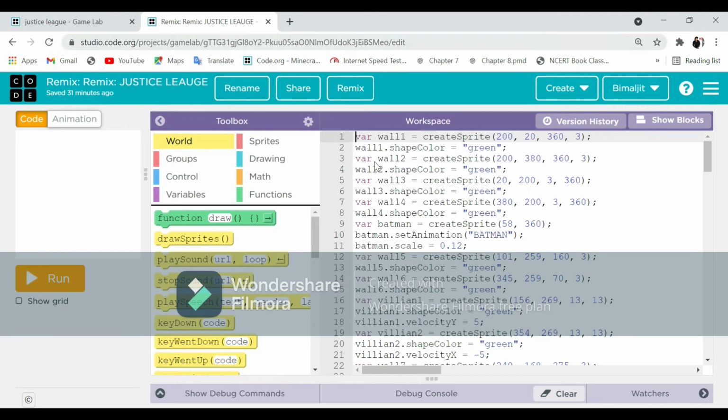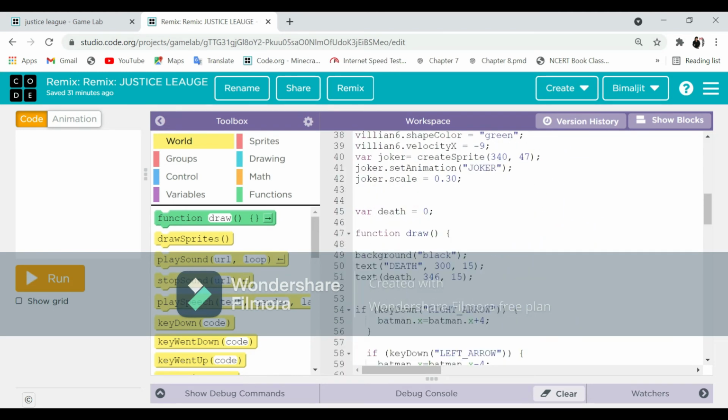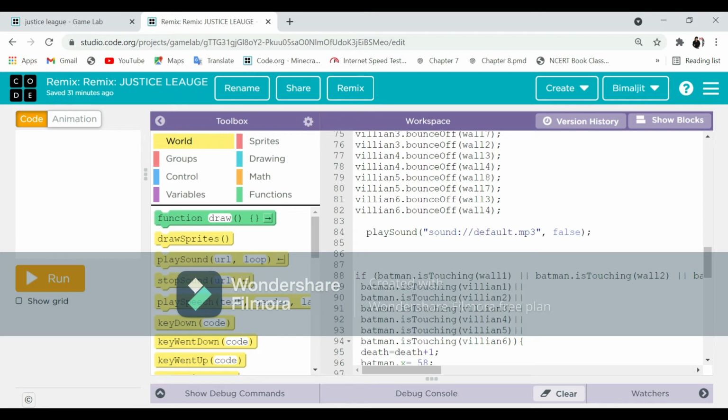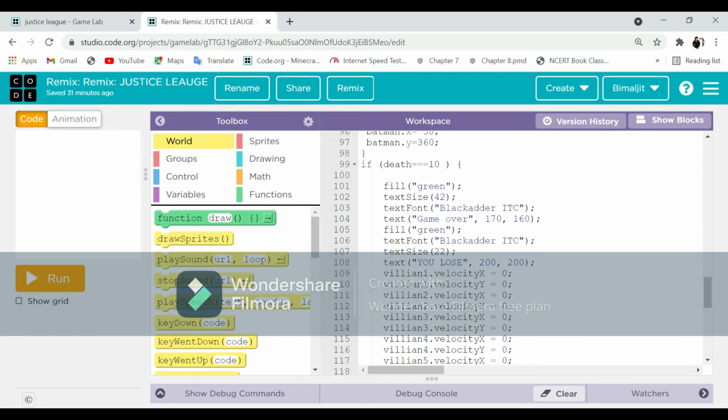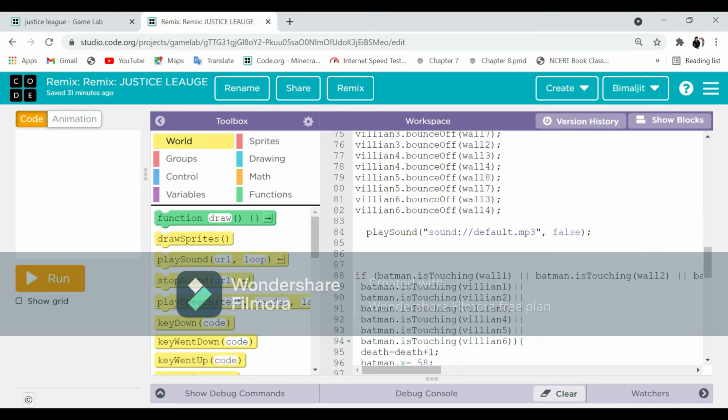Okay, so the thing I'm trying to explain is that Batman dot is touching. I have given this condition also, but I haven't declared the death condition, what should happen on the death also, so that it should understand, right? Because for that I should just remove this noise for a while.